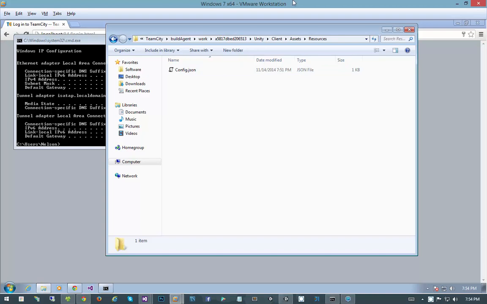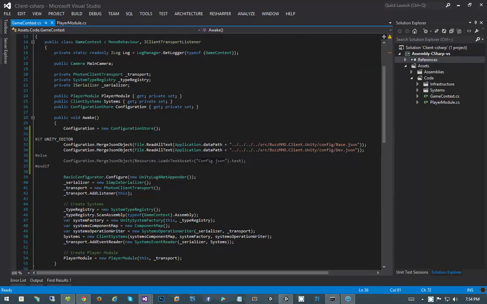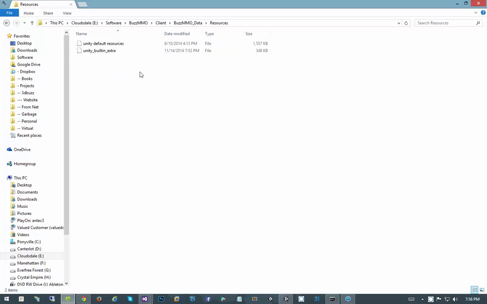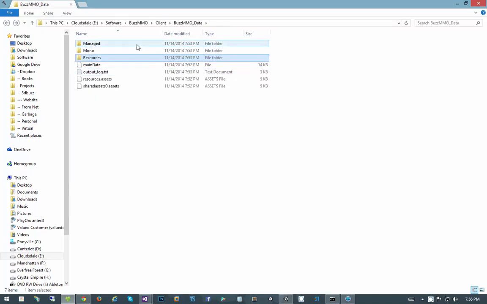did it not get added to the build? Oh, that would be weird. Load text asset config JSON. Ooh, actually, I'm remembering something. It needs to end with txt, doesn't it? Yeah, I think it does. Okay, so